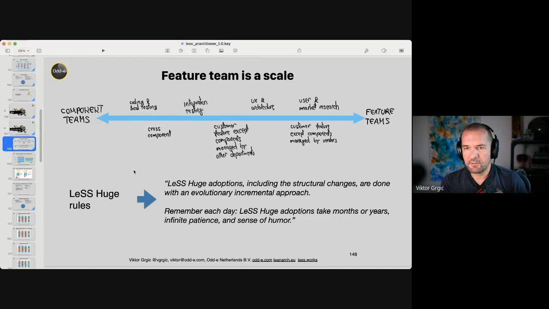But the first one is what exactly is a feature team? It is basically a scale. It's not a black-and-white thing. And so why the feature team adoption map is really important as a practice, even essential, is because there is this rule and a principle about